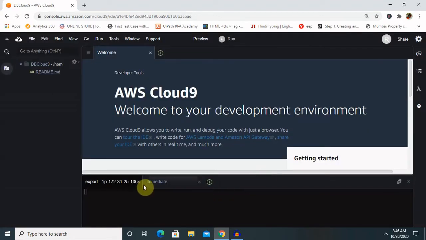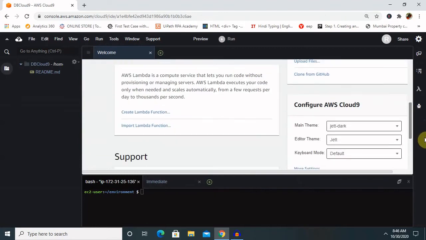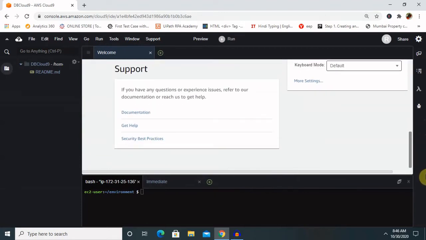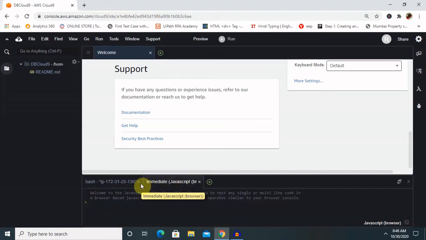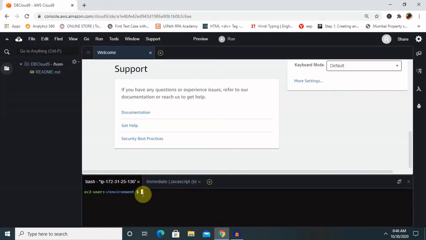Now you can see it's getting ready, and you're able to see your Cloud9 services, which will offer you a command line. You can also use JavaScript, otherwise SSH control.